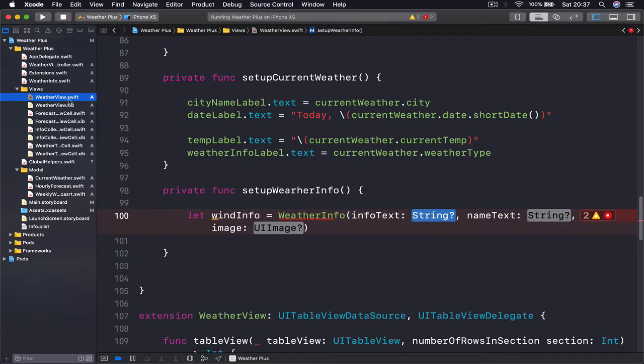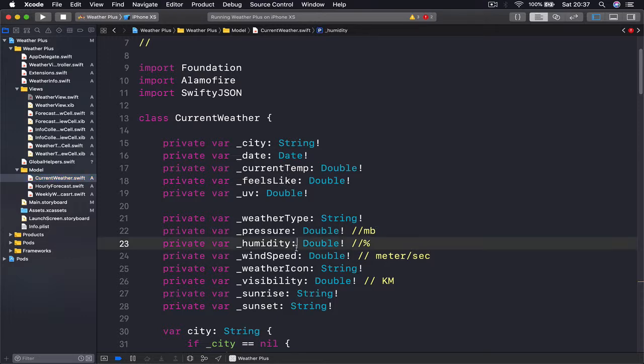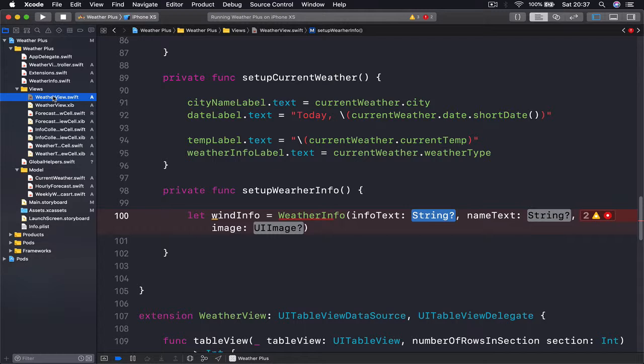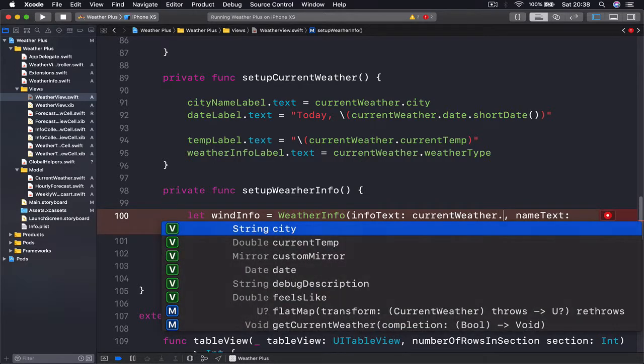We want to display this to our user. We want to format this as well, since these are doubles. And if we don't format them, let's say if our wind speed is 10, it will show like 10.0. We can keep it without formatting for you to see what's going on. So I'm going to say current weather.wind speed,